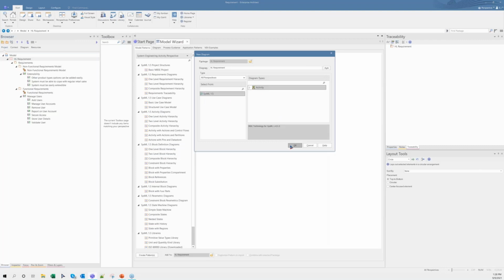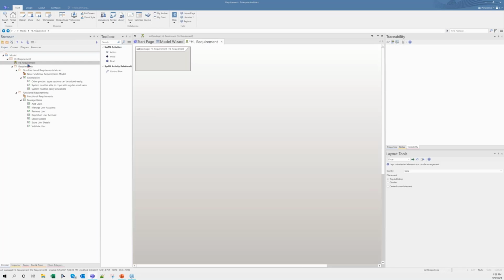If I select the diagram, it's a SysML activity, which has only three different elements from the toolbox, whatever I selected, and a connector. So that's all about the perspectives. So let's move to our next topic.